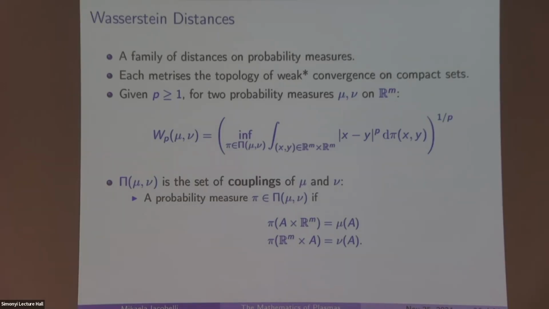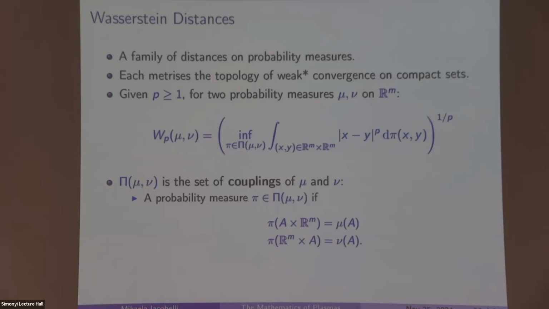So if I have two deltas, one is a delta in 0 and one is a delta in epsilon, most distances between probability measures, for example, the total variation distance between delta 0 and delta epsilon, it's always 2. While instead the Wasserstein-type distance between delta 0 and delta epsilon is exactly epsilon, so the distance of the support. It means that these kind of distances are very sensitive to atomic measures, and also they metrize the weak star